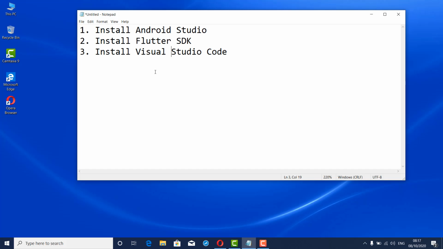Alright, so this video is basically just a quick guideline for you on how to install Flutter on your computer. There are 3 requirements here. You need to install Android Studio with all the requirements, and then install the SDK itself, the Flutter SDK, and finally install Visual Studio Code,